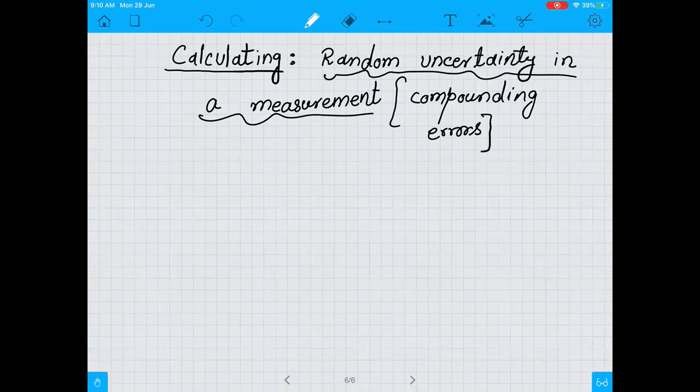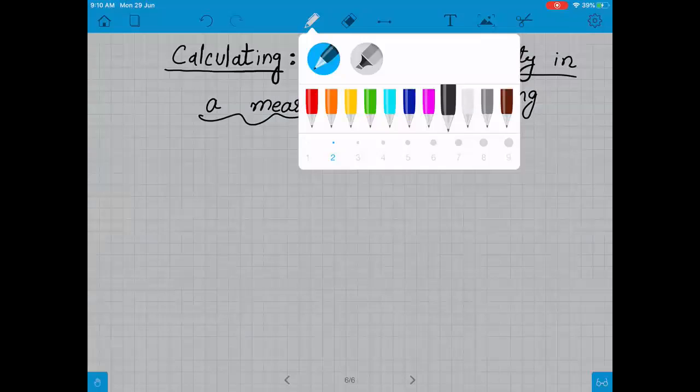Now you have some values of some quantities and you add them, subtract them, multiply them, divide them, or you power a certain value to find an answer. What would be the uncertainty in the answer if the uncertainties in the individual values are given? Basically, the topic is about